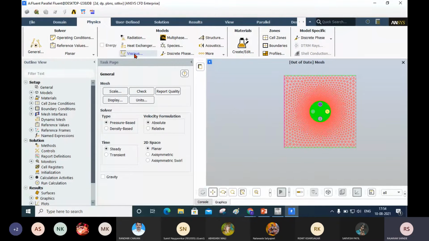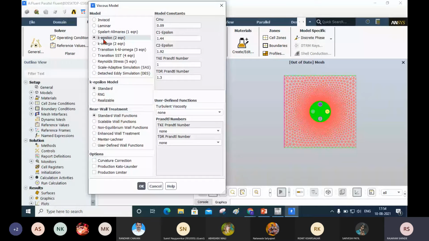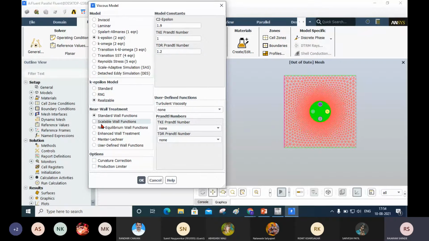Now after selecting viscous, you select the K epsilon. Now I am going to keep the K epsilon model, and here I am going to use the K epsilon realizable model. Okay, and I am going to keep the standard wall function as it is because it is suitable for our problem. Now I will click OK here.